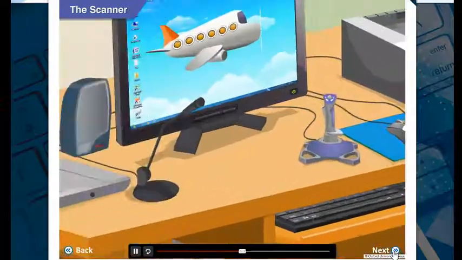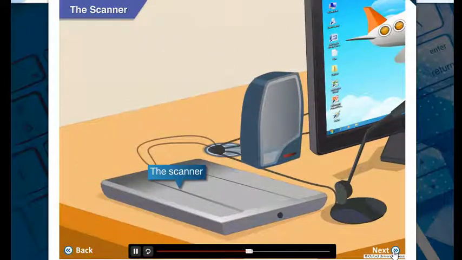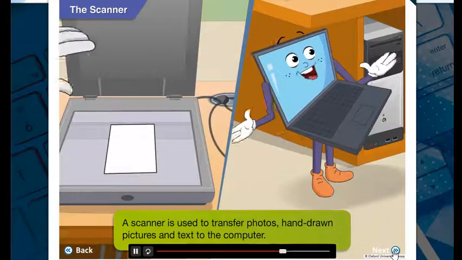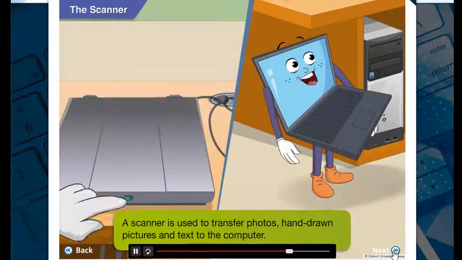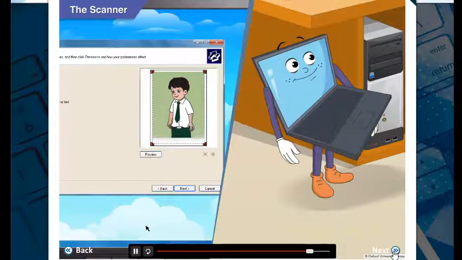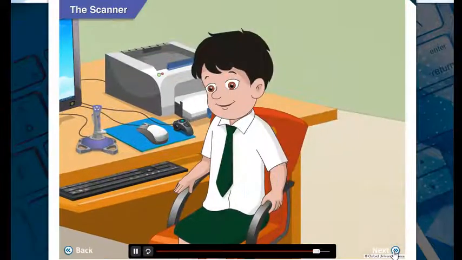What is that device called, Toggle? That is a scanner. It is a very useful input device. And what does it do? It allows us to transfer photos, hand-drawn pictures, and text to the computer. Wow, that's a really useful device.